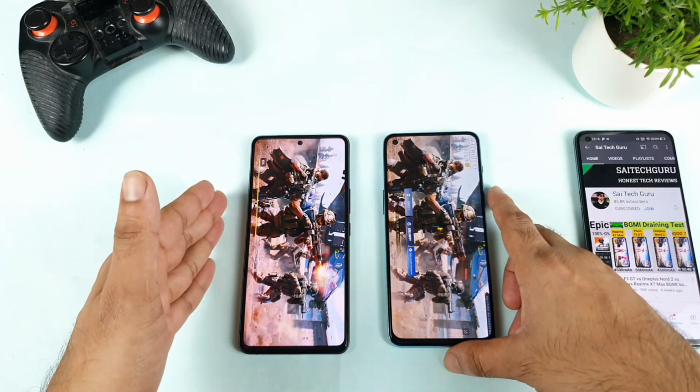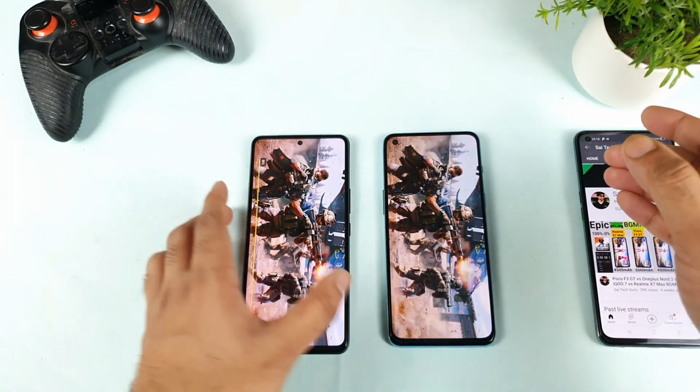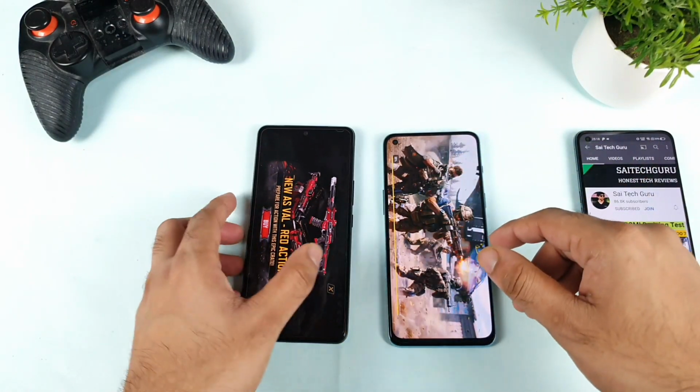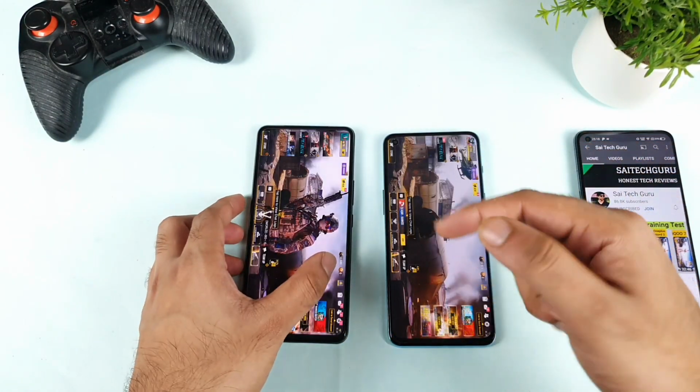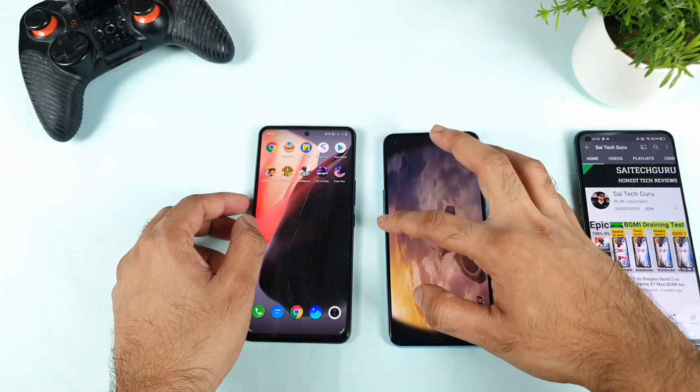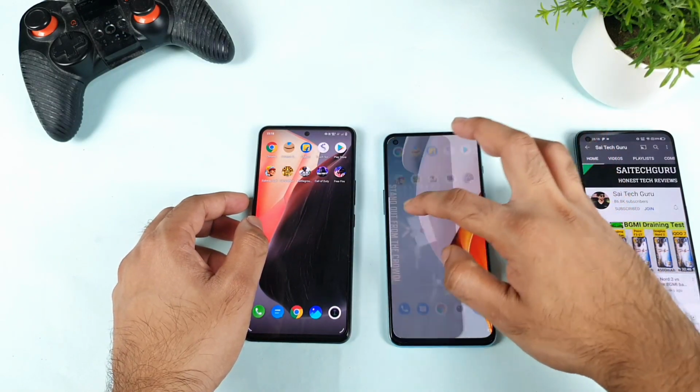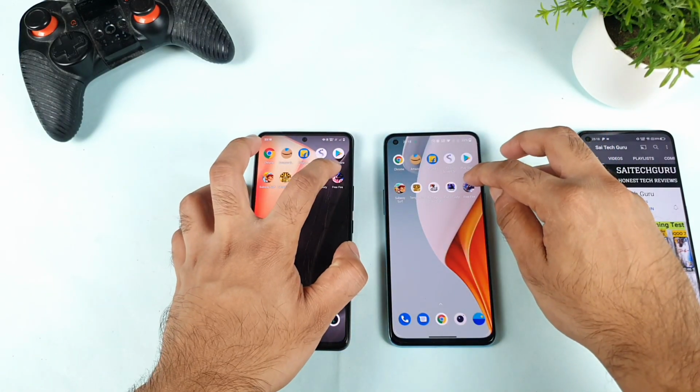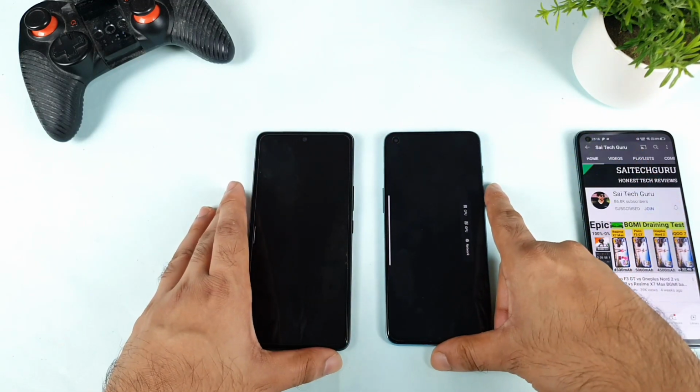I did this Call of Duty game review on this iQOO 7 device a couple of hours ago. Again I got the update on this phone. So the iQOO 7 device was able to open the Call of Duty game first, not bad. Let's go to the home page and try the final game, which is a FIFA game. Let's see what happens with the FIFA game.